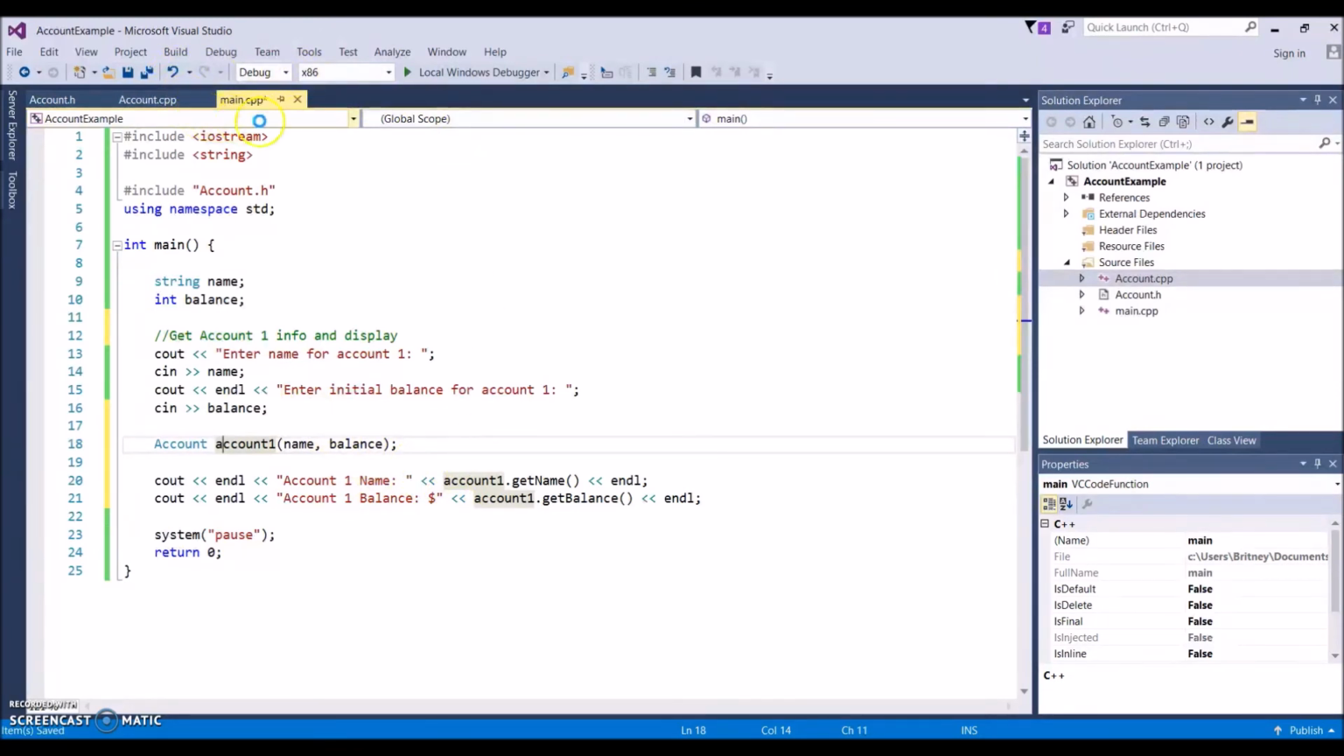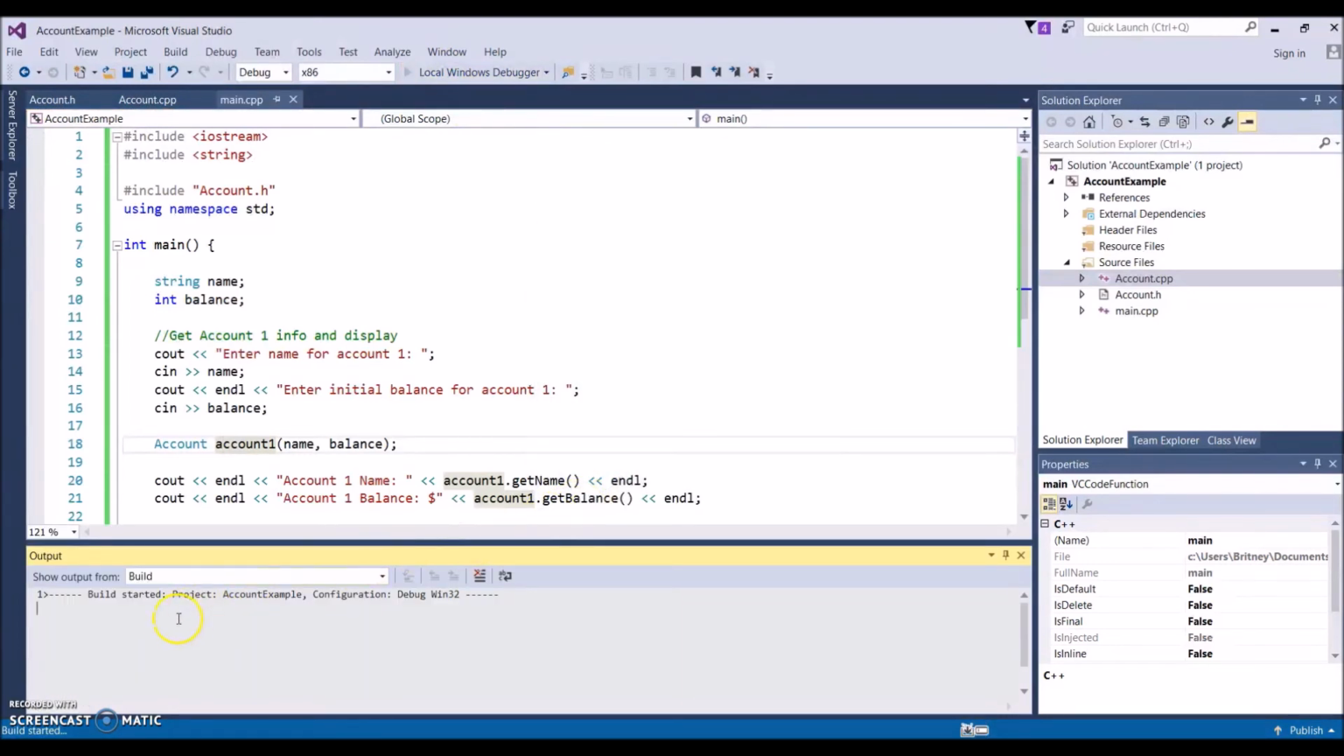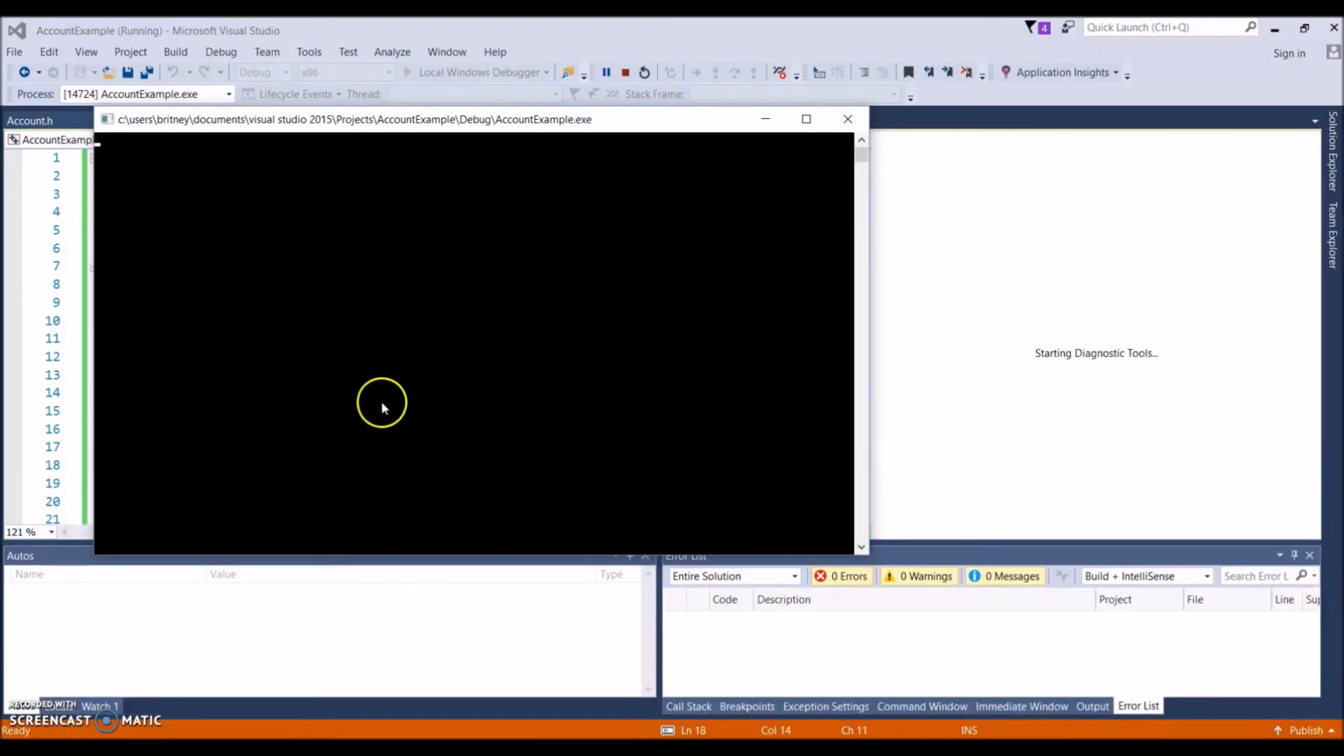So we're going to save and run. So you can see down here it's building the project. And one good practice actually is, you see how we have our account.h under the source files? It's better practice to actually move this up to your header files folder. So this is just good organization of your code to keep all the header files here and your source files, your CPP files here. Okay, so it's building, compiling,